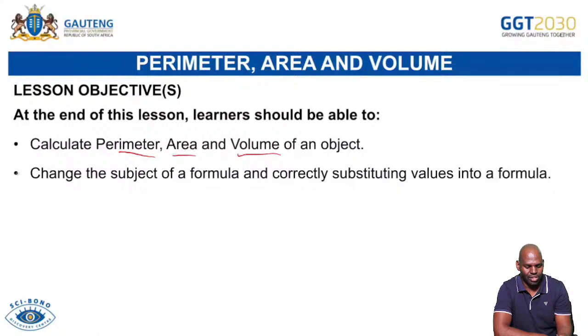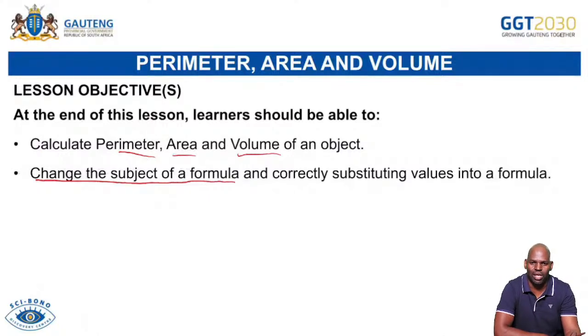And then the second bullet there says change the subject of a formula. Now this is very, very important, boys and girls. Change the subject of a formula. Most of you are actually struggling with this part and correctly substituting values into a formula. What do we mean by change the subject of the formula? I saw even in the prelim where learners were given the area, let me just put it like this. We all know the formula for calculating area